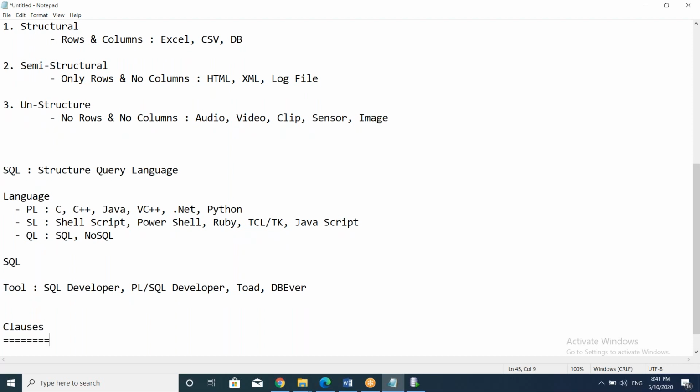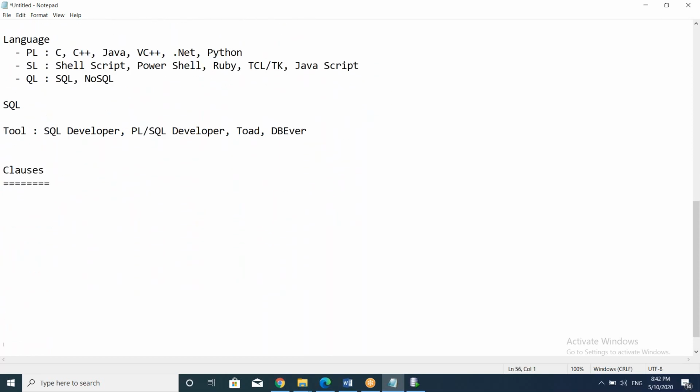This is the first topic. If you don't know this, then you cannot do any single thing, because here you have to write queries. Those queries are just like an English sentence, and whenever you are writing an English sentence, you should know what will be the starting word, what will be the ending word, what will be in the middle, what will be the grammar, all those things. The same is present here also. So what are those clauses?